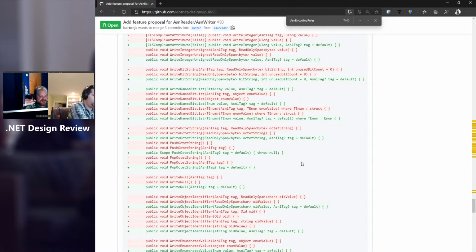Yeah, if you manually call pop and then dispose the scope, it's a no-op. If you dispose the scope and then call pop, it'll throw a stack imbalanced exception. Well, eventually. Yeah, the InvalidOperationException for you called pop when that's not the current context. I mean, unless you happen to have done PushOctetString twice. But